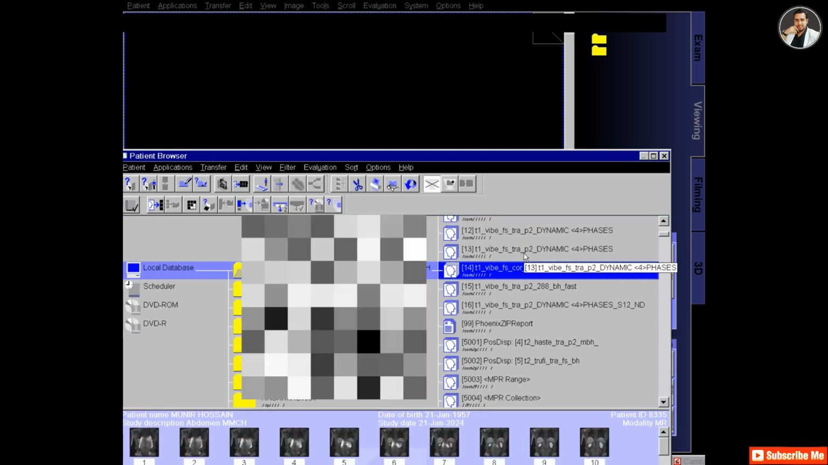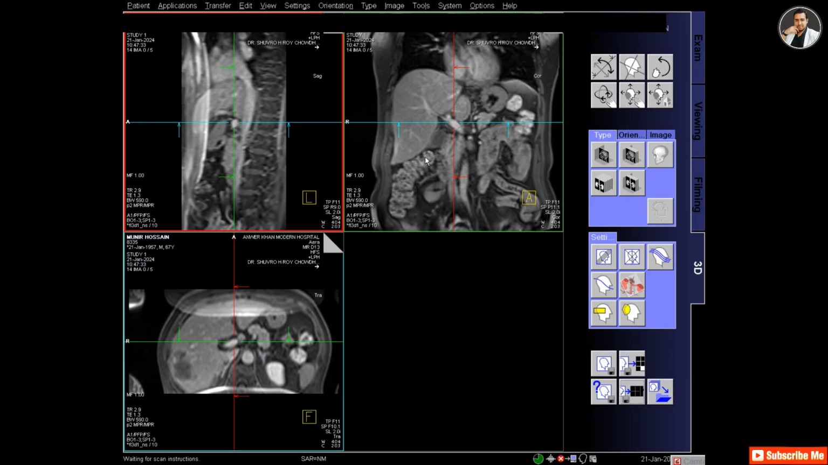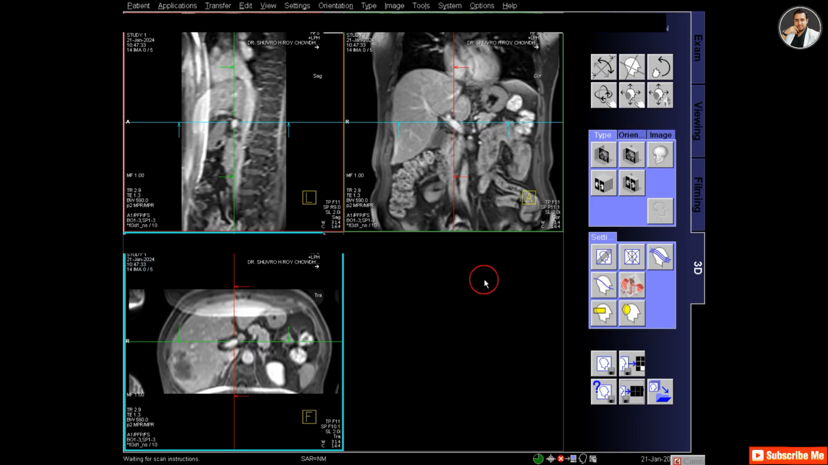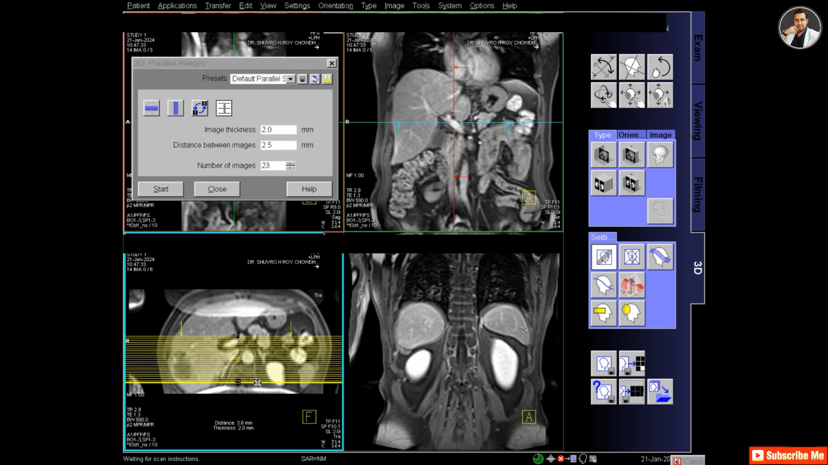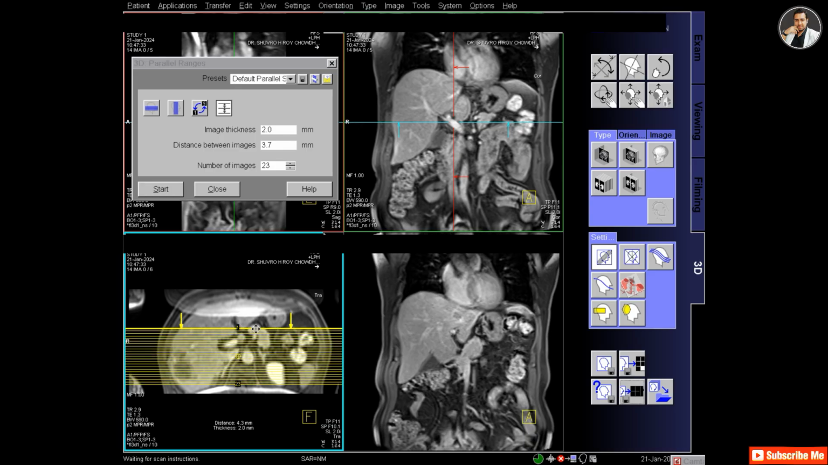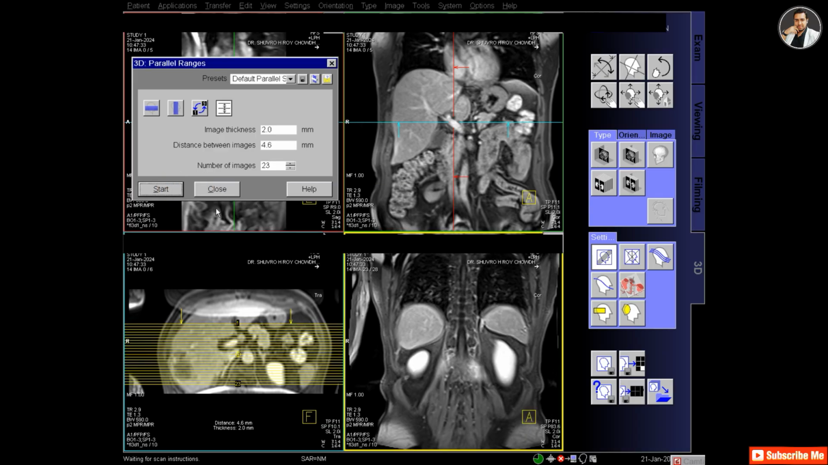And now I will go for coronal. So drag the coronal protocol T1 VIBE fat set coronal to the 3D and make coronal films. You can see that phase overlapping artifact, wrap around artifact actually, also phase oversampling. So I will make coronal images, 23 coronal images,